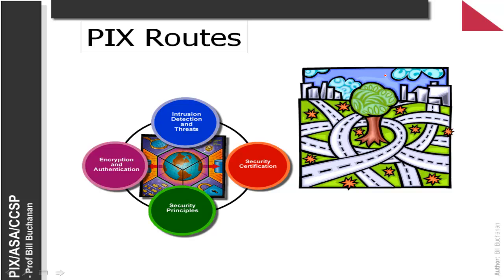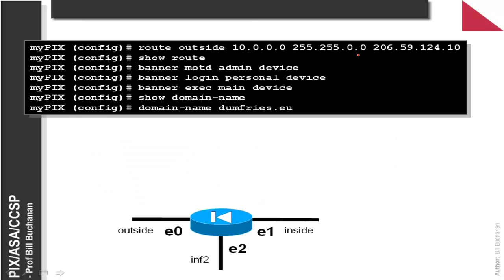So for PIX routes, these are an important element, as these will be used to define the default gateway and also to allow the connections between the outside and the DMZ, and also from the DMZ back into the inside. It is these two routes that do not exist by default. So in this case, we see route outside